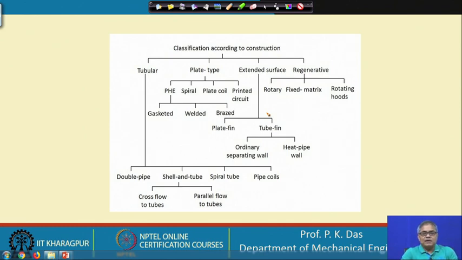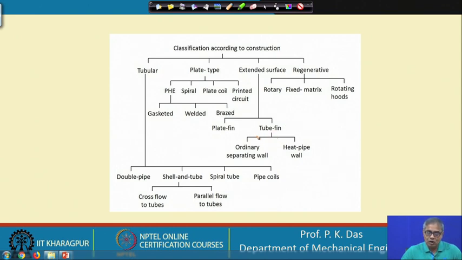Now, again here let me tell you one thing, though there are exceptions: generally when there is a gas flow over the surface, we want to increase the heat transfer area by providing fins. So, this is for the gas side surface, and then you see that we can have plate fin. In a plate kind of surface or plane surface we can provide fin, then tube fin: on the external surface of the tube we can provide fin. It is not that on the internal surface we cannot provide fin, but generally that is less common and those fins are small.